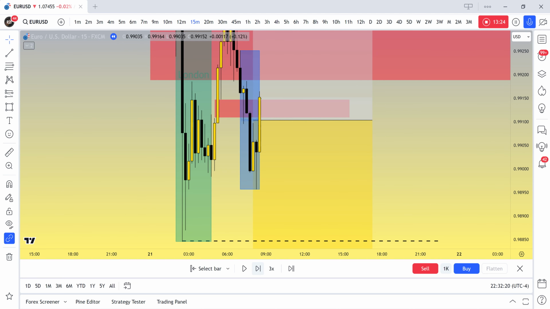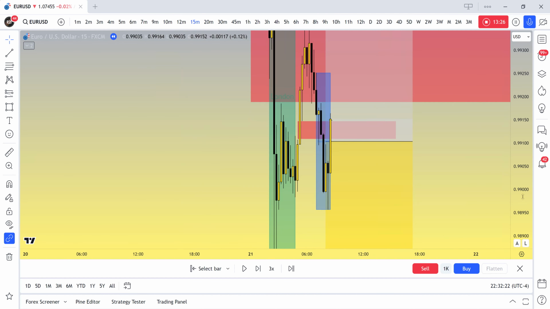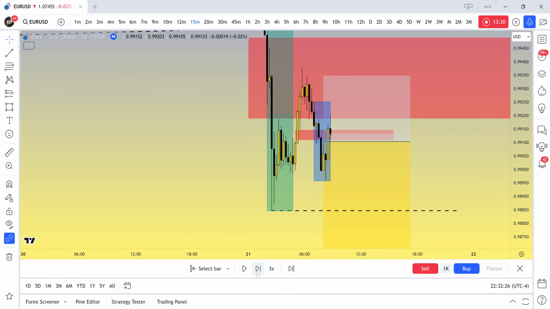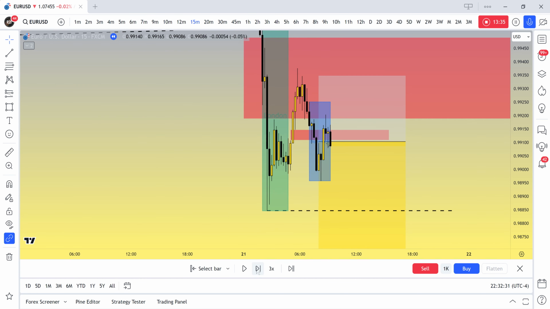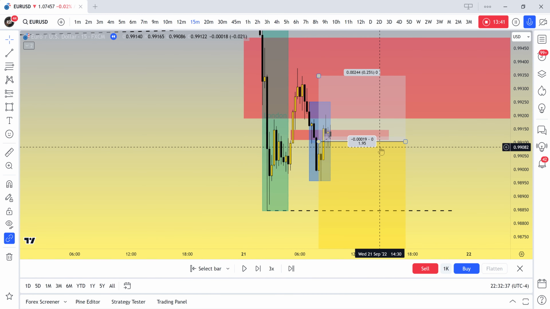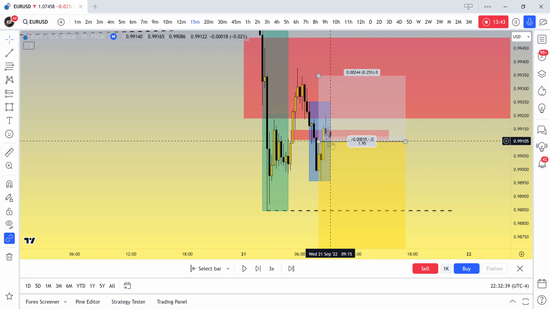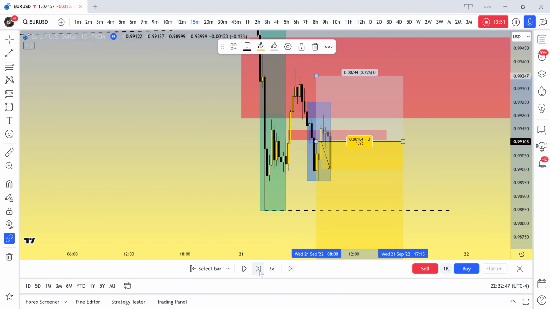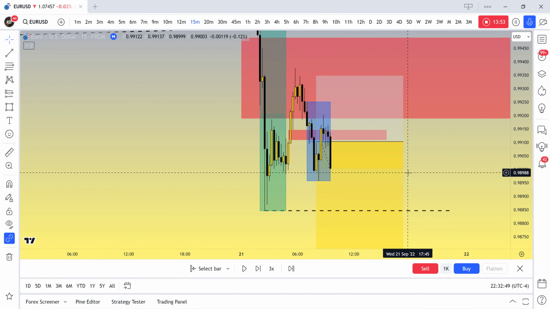Okay, we came in, not the kind of candle close I want. Filled in more of this gap. However, there's a gap here, an R2F gap, which is usually quite a high probability. So at this point, I may have taken some of the position off because we may get higher prices, right? Breaks through that,